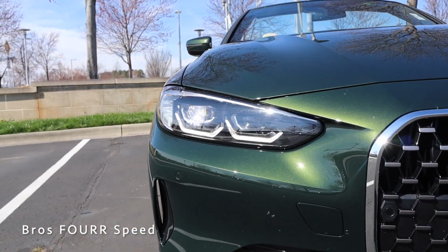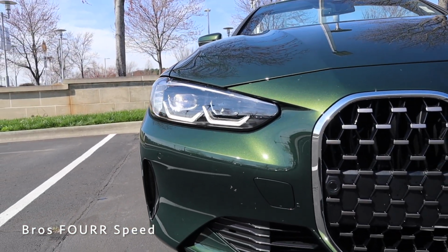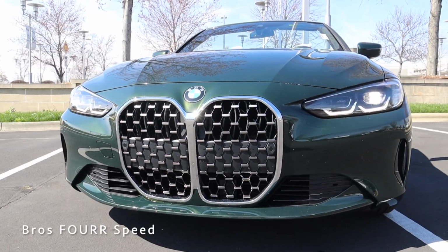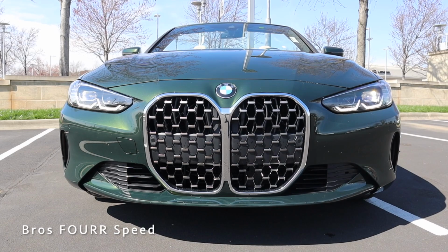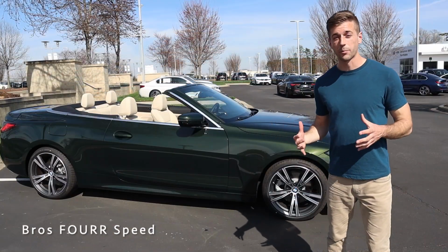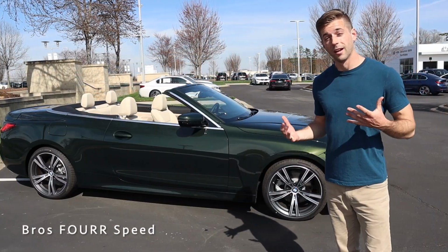And then making our way up to these headlights, this does have adaptive LED headlights. We have the turn signals in the corners along with the DRLs just nicely up underneath the headlights and the high beams. As we make our way to the side profile now for the 430i,